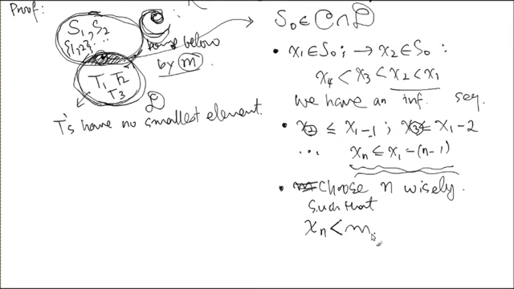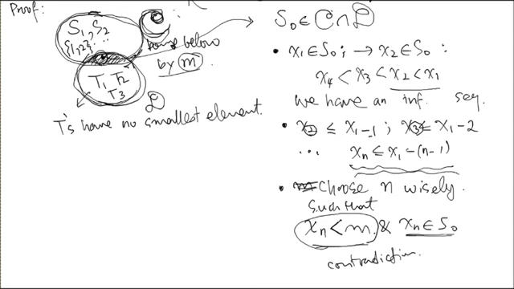Why would that be a contradiction? xn is still where? All these xn still come from S0, the set that satisfies these two conditions, right? Bounded below and no smallest element. So S0 is there, and you can see it went below m, but bounded below is the property we have. Does it look like a contradiction? There's an element inside S0, but it goes below m. That's not the bounded below condition. So we pull out a contradiction there, right? Good? Contradiction. So what could be the choice of m then? That's a violation, a contradiction.